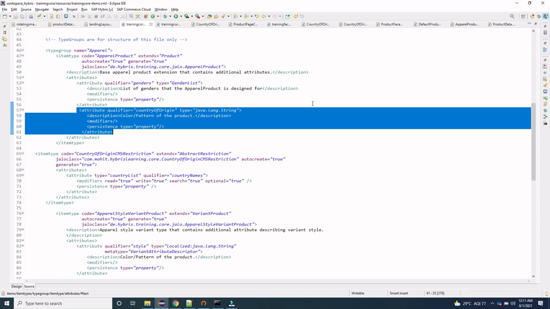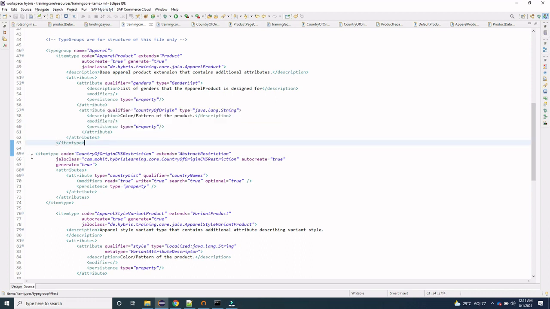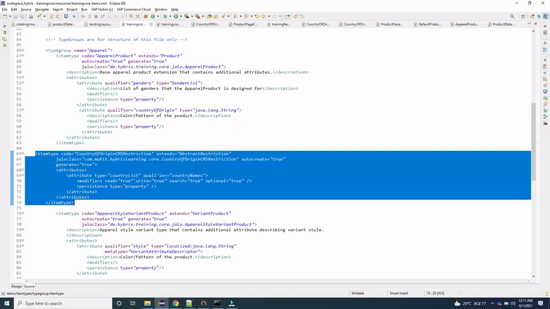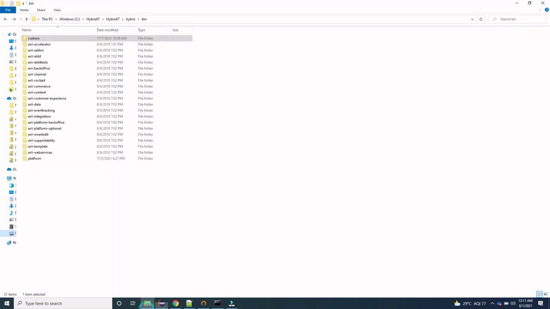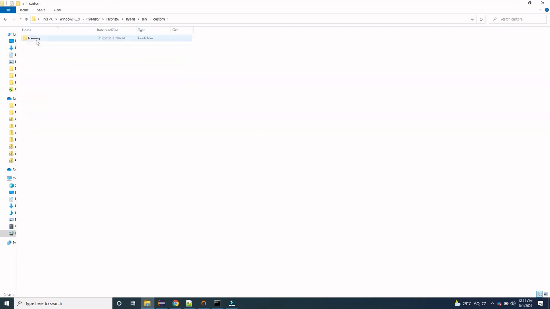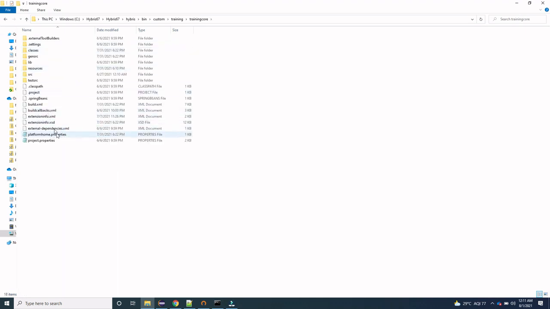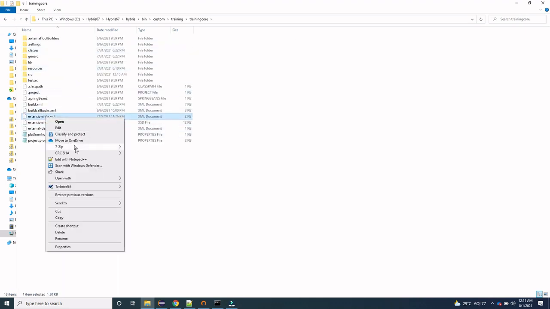If I show you, we have defined this item type, the custom restriction that we have created, in the trainingcore-items.xml, which is in the training core extension. So if we go to the training core extension, we will go inside this custom training core, and open this extensioninfo.xml,